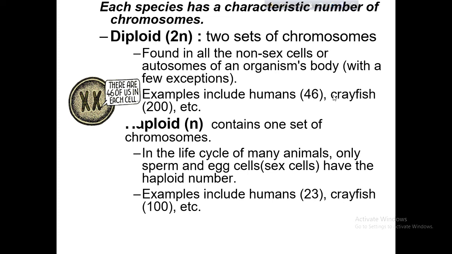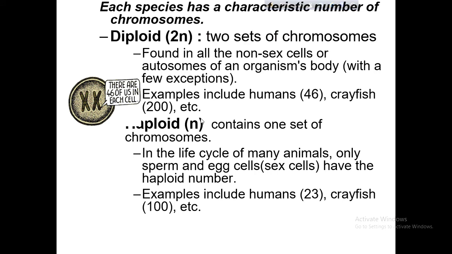If any human cell has only 23 chromosomes, that means it has a haploid number of chromosomes. And this haploid number is seen in germ cells, either sperm or egg cells. And I think you all know why germ cells have a haploid number, because a human cell should have 46 chromosomes or 23 pairs of chromosomes. If a sperm cell had 46 chromosomes and an egg cell had 46, then while forming a zygote or a new organism or offspring, the sperm and egg would fuse together, and this fusion would cause the number of chromosomes to become